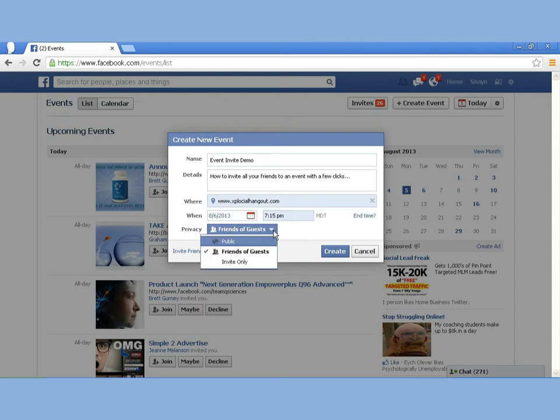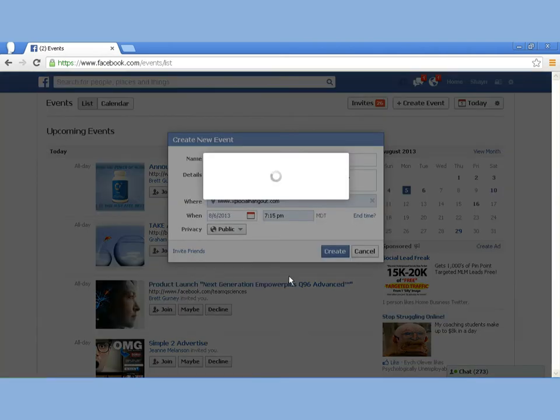Okay, and I always just do it public. Get as many people as I can to my event, and by doing it public, anyone can see the event, but you can specifically and personally invite all of your friends. And this is where the fun part happens. So you click Invite Friends,